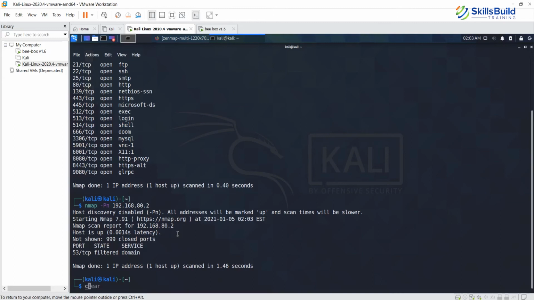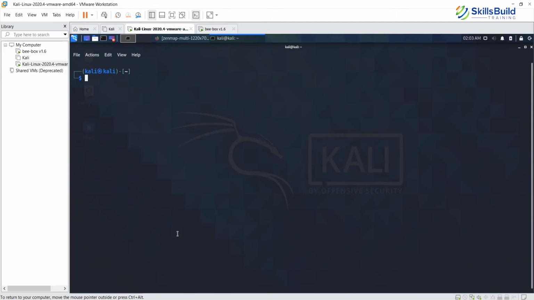Now let's clear this screen, and now we're going to scan the UDP services. Unlike TCP services, which are connection oriented, UDP services are connectionless, and therefore it is pretty difficult to scan them. When you want to scan for UDP services, you have to ensure that you use administrative privileges.